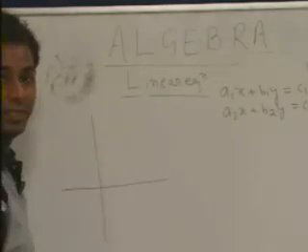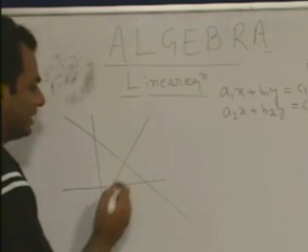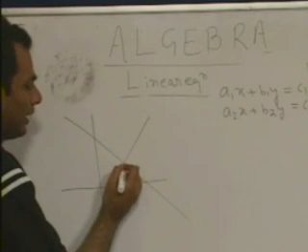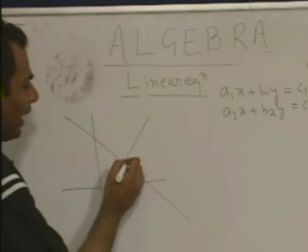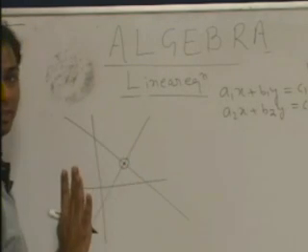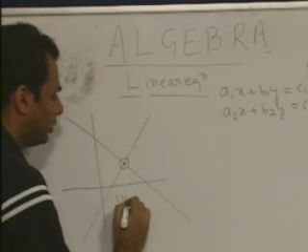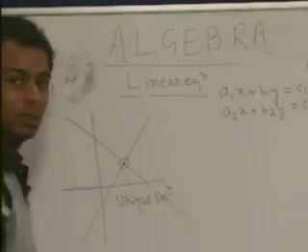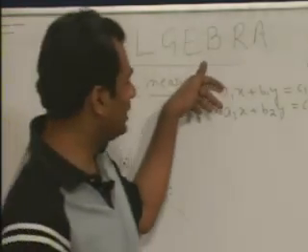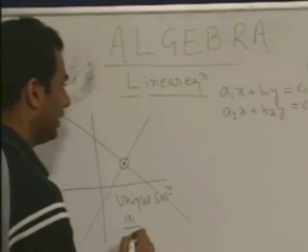of these two equations, it is quite possible that both the graphs are intersecting at only one point. Now if they are intersecting at only one point, it means that is a unique solution. So this particular graph is with respect to the unique solution. And the condition for the solutions to be unique is a1 by a2